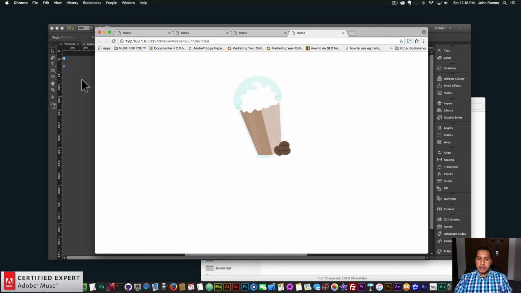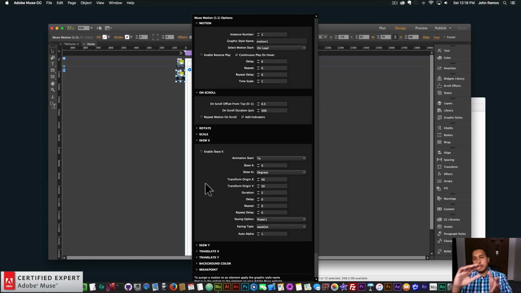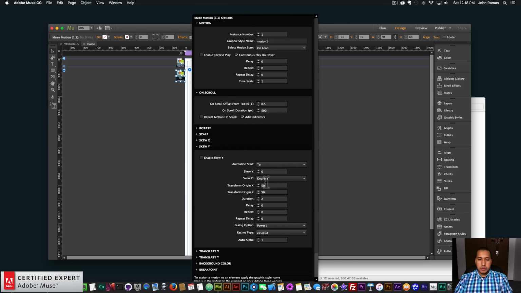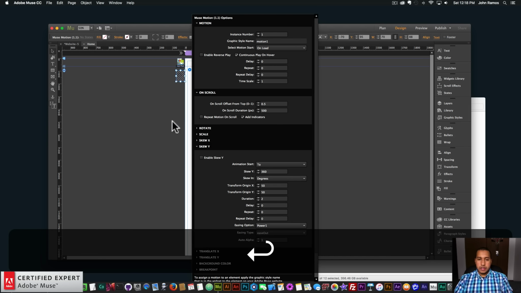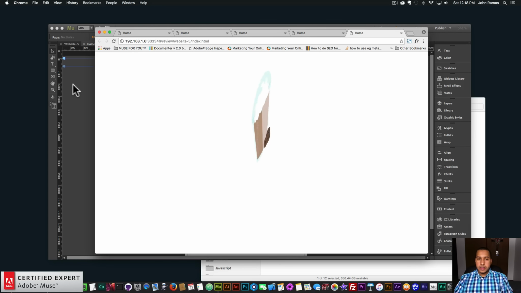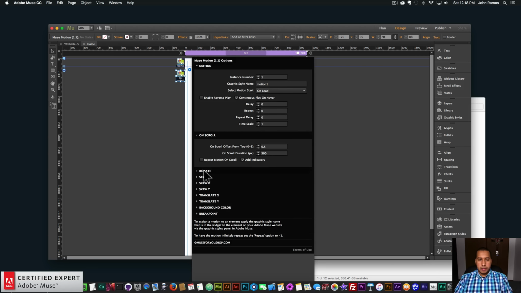There we go. Perfect. And let's say we wanted to skew the element. Skew is kind of like rotating it at an angle. So I'm going to enable skew X at 360 and enable skew Y at 360. And we're going to see it kind of skew. So we can see it kind of flips, and skewing is kind of like rotating the element at a certain angle. And let me uncheck enable rotate